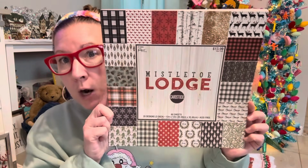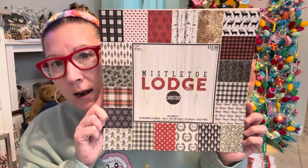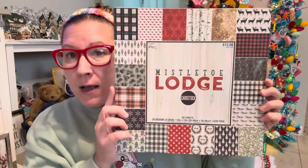And this just happens to be one of the items that I needed. So I went on Saturday so that it would be 40% off, and again, it will be again on Monday, and for that following week. So this is the Paper Studio. It originally was $13.99 and I wanted a big old paper pack so that I could do some scrapbooking as well as some